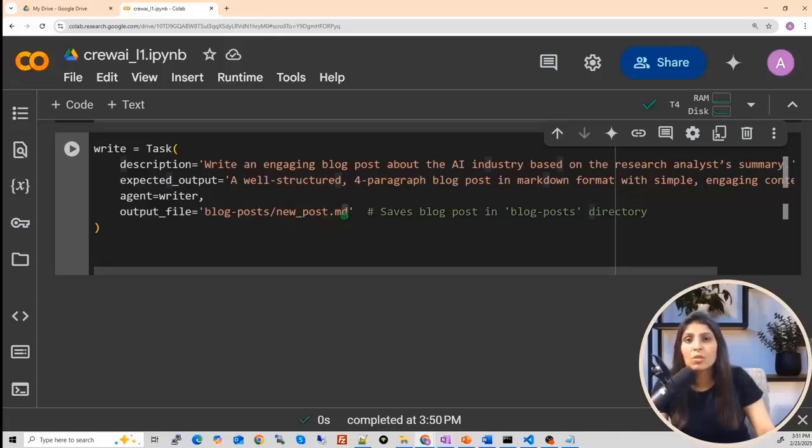So the writer agent will write a post. That post we can find in the blog post folder. We will have a file with this name, and when you open that newspost.md file, you can see a blog on latest AI trends. So let's run this also.